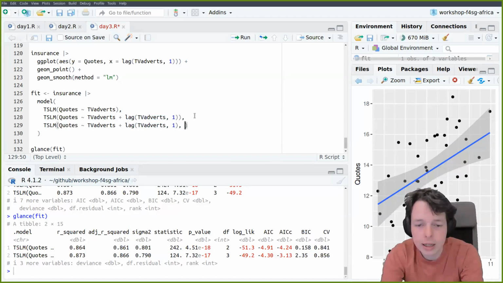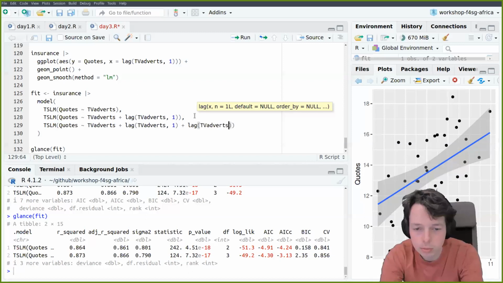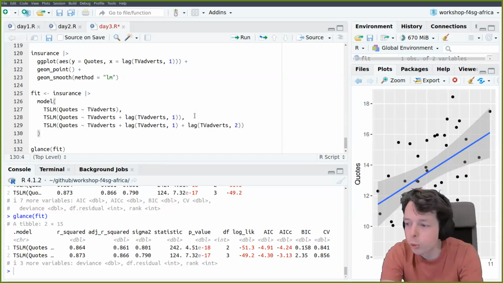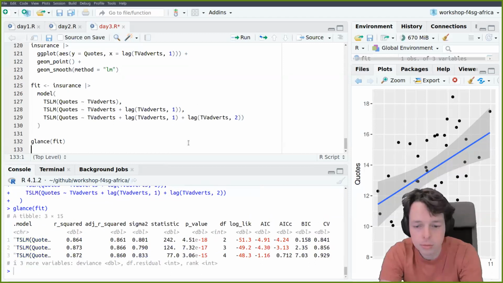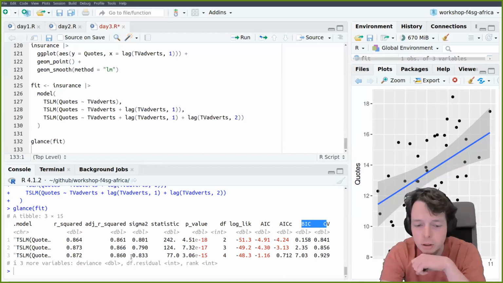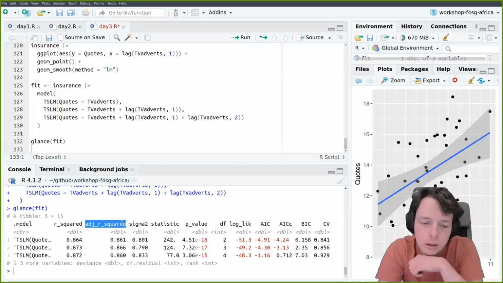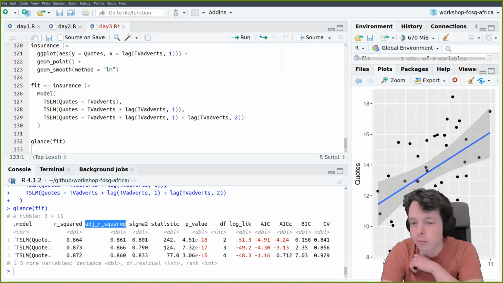What about if I add an extra lag? Maybe I add going 2 steps back. So now you can see the adjusted R² has actually decreased and the cross-validation statistic has increased. So we want to minimize these values of AICC and cross-validation statistic, but maximize adjusted R². And you can find the best possible number of lags iteratively. You can look at a plot for the relationship between them, or simply look at the glance for adjusted R²